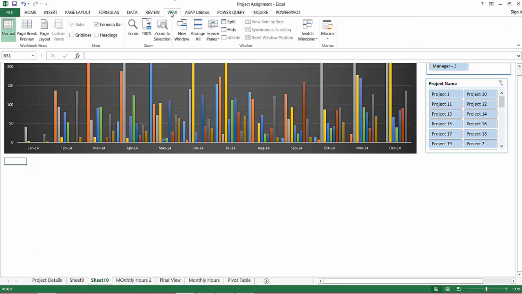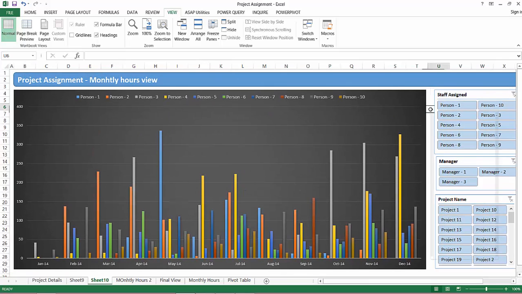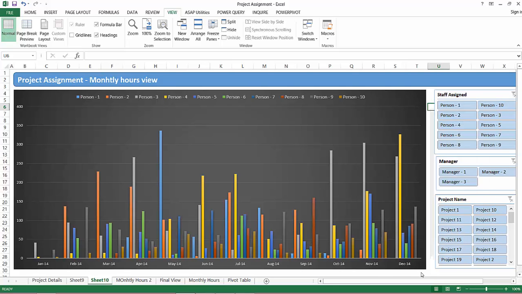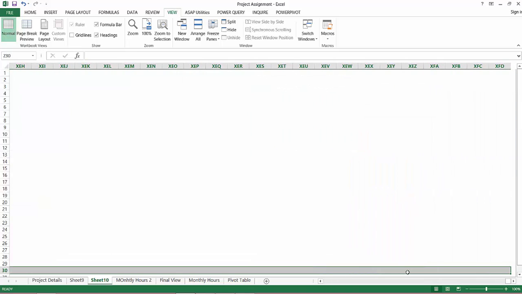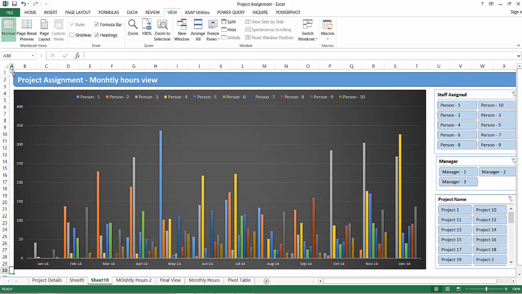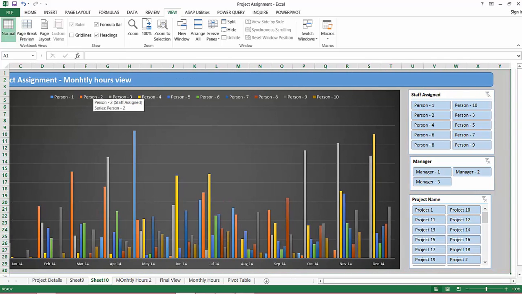Let's go back to our headings view so that we know the rows have been hidden. Let's go to columns which we don't require and let's hide them as well. And just to give a background to this dashboard of a gray cell so that it looks good, let's select all the cells and go to